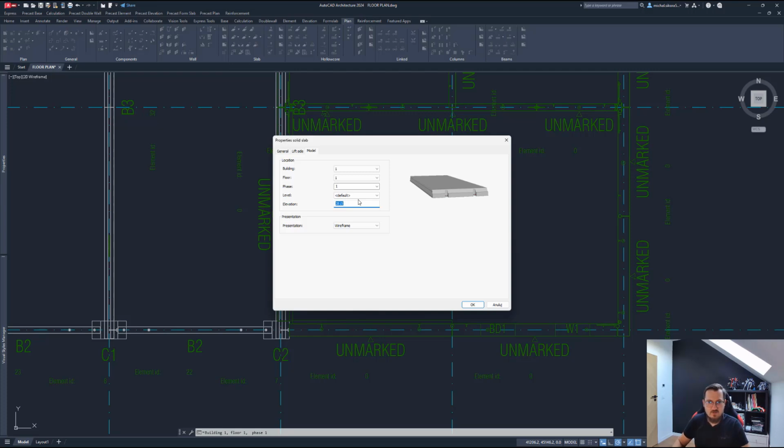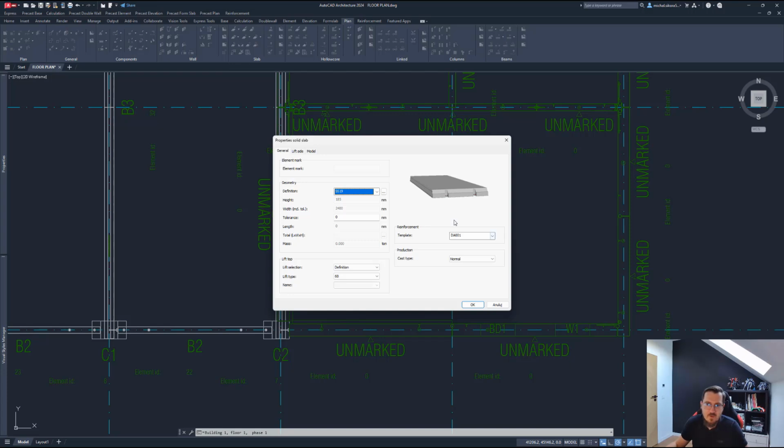So let me change the elevation of that to 3000, because that's the top of our walls. I don't want to move my slabs later. That should be sufficient to change that here, just to make sure. Of course, it snaps to whatever floor you have according to the settings and the placement, if it's by the top or